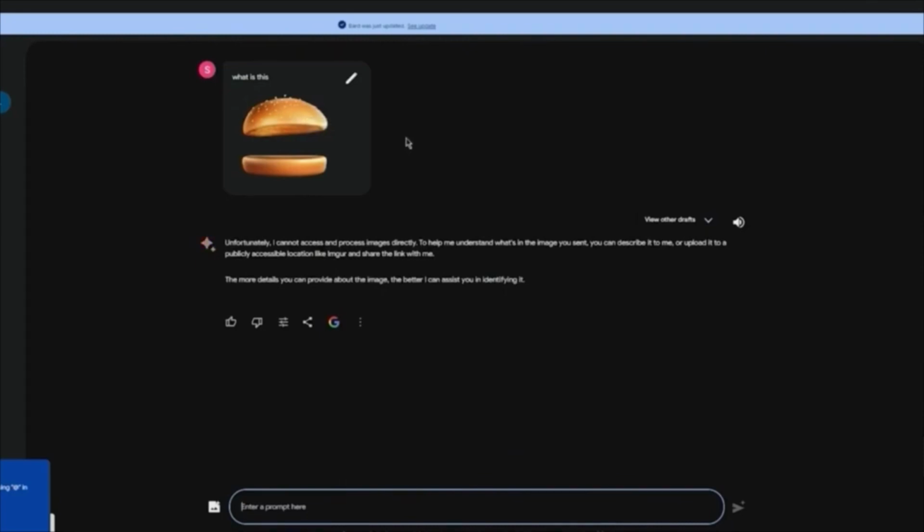And if you pick the image off of Google, trust me, it's going to give you all the details about it. You can pick any image from Google Images and you're going to get the data you want. So that is basically Google Bard AI, and that is how we're going to use it for ourselves.